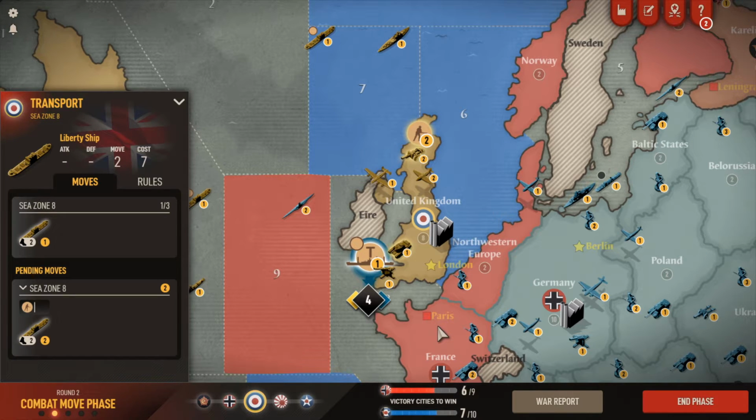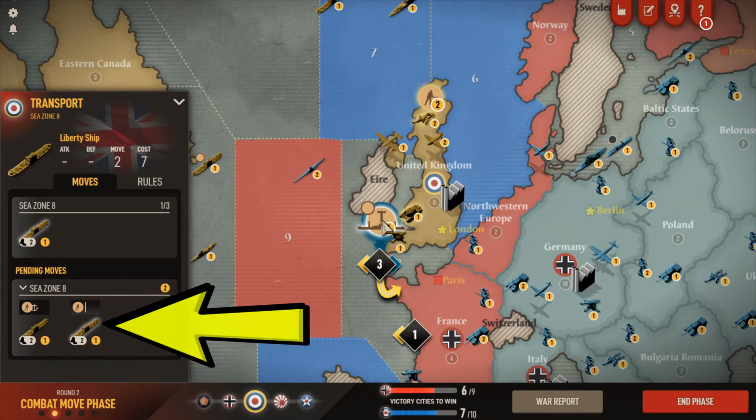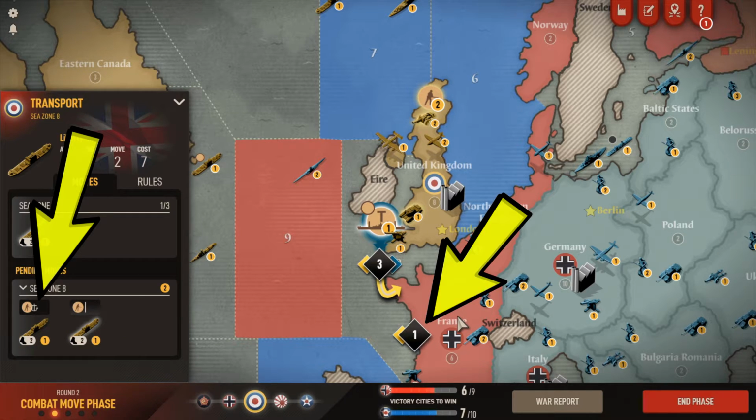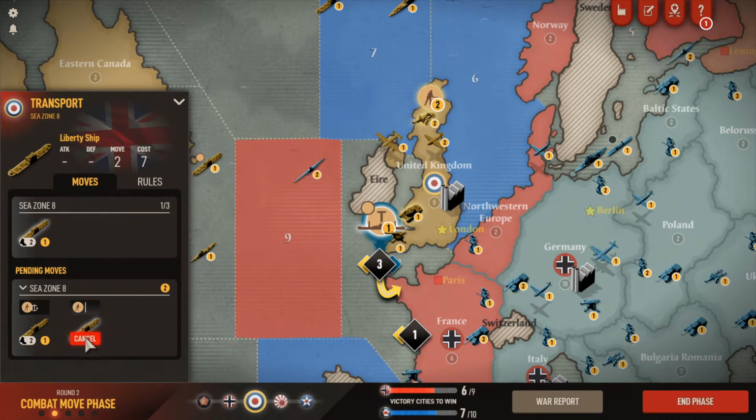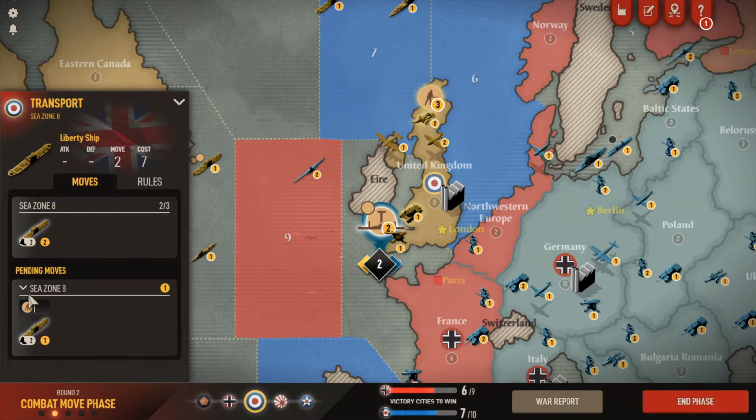Or maybe even worse, you picked up 2 infantry units and you just did like this because you thought you were offloading 2 infantry, and now you're not. You have 1 transport with an infantry unit in it and only 1 landing in France. Again, horrible examples. But the way to try to avoid this is to select the transport, pick up an infantry,